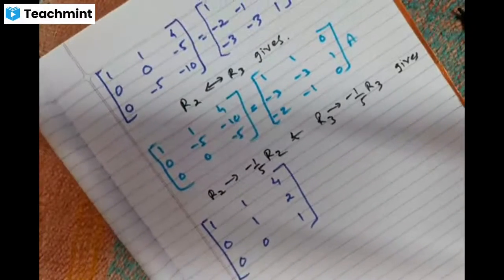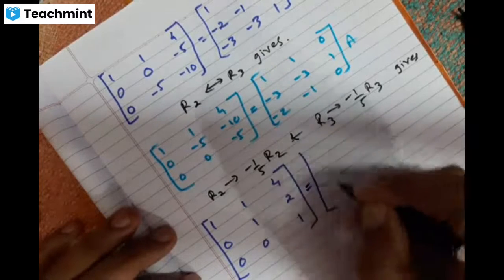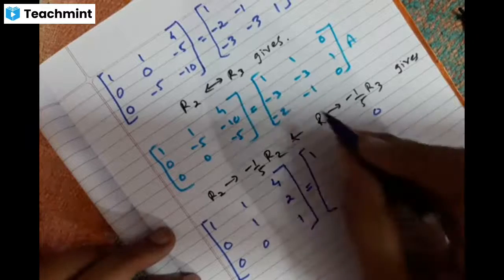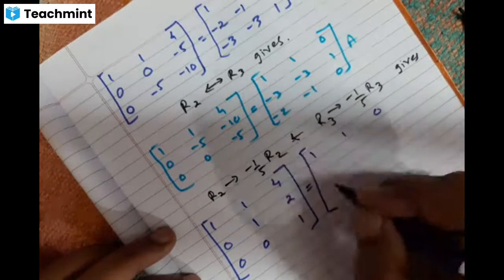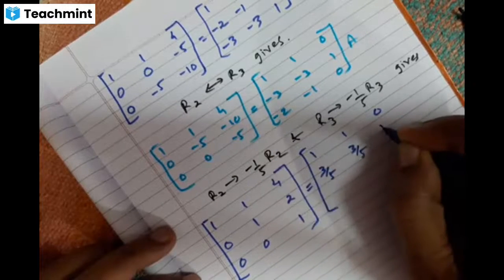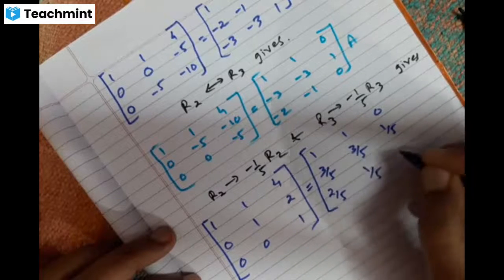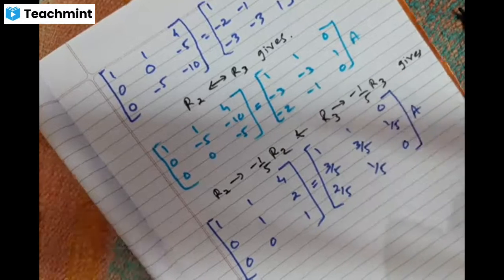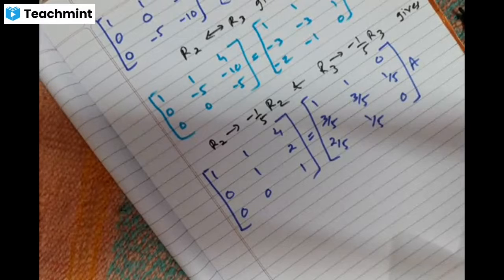Now the same operation you have to apply on the RHS also. ठीक है, तो RHS में अप्लाई करोगे. So again first row no change. This all you have to multiply by minus 1 upon 5. So sign change, 3 upon 5, 3 upon 5, 1 upon 5, 2 upon 5, 1 upon 5, 0, into A. Isn't it? Okay, right?